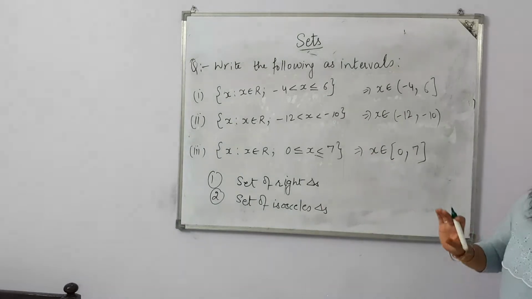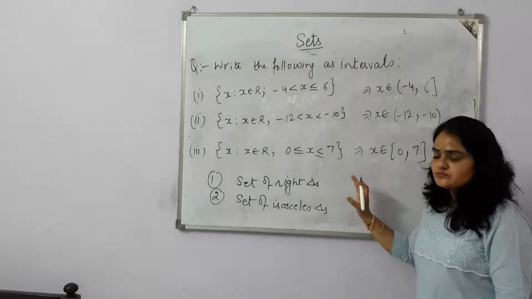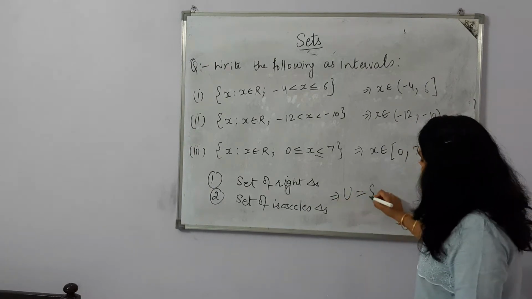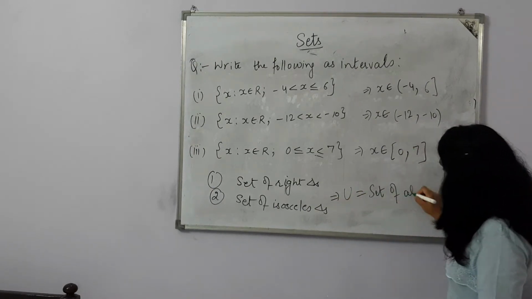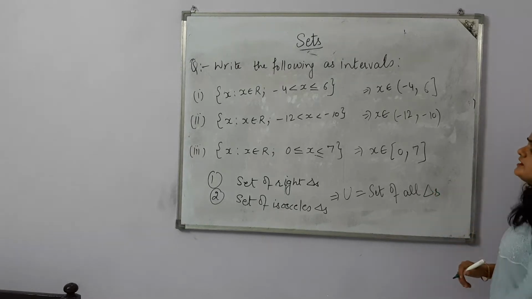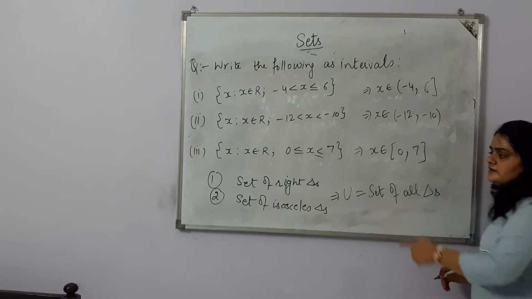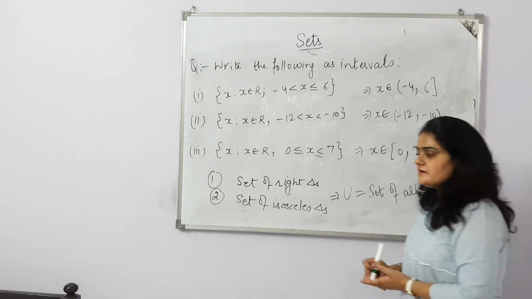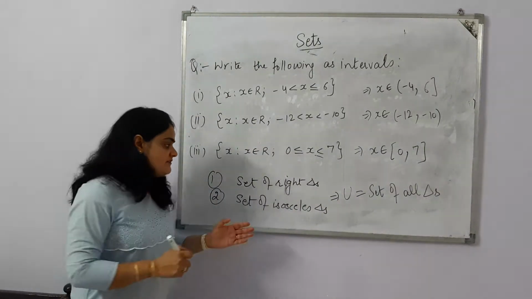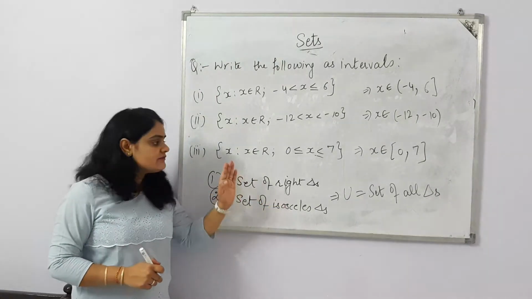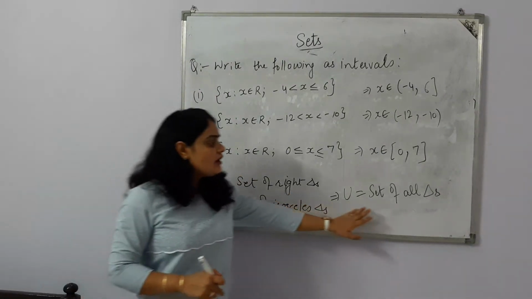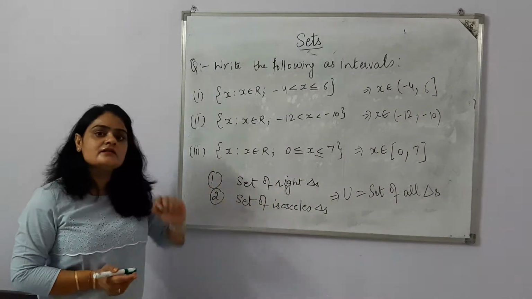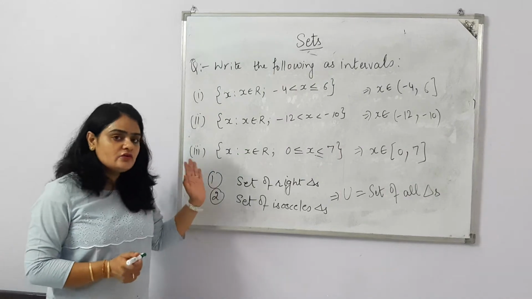So which universal set can we take here? So here we can take the set of all triangles, because if we take the set of all triangles as the universal set, then it contains the right triangle set and it contains the isosceles triangle set. Both the sets are coming. If we have a third part, the set of scalene triangles, even scalene, isosceles, right triangle, all triangles are coming in this universal set, because from the universal set these 2 sets come. So hope the question is clear.